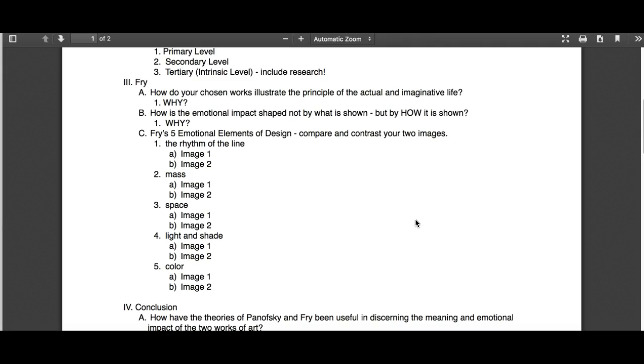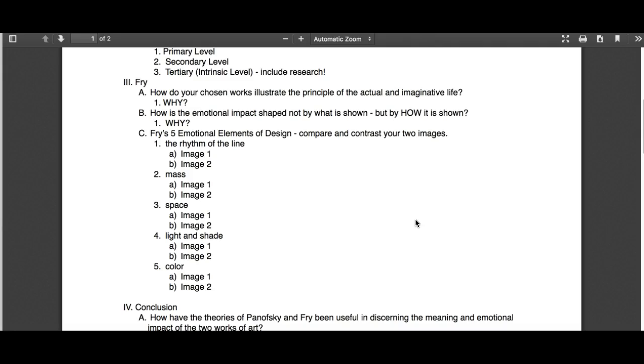So when you're looking at this, we know that something can be abstract and still represent the actual life and the imaginative life, because it may be representing the reality of emotion, right, in a scene. And the reverse can be true, that something can be naturalistic but can be a completely imagined scene. Just because it looks like the real world doesn't mean that that place exists at all in the real world, or that moment actually ever happened. So there's always a little bit of both going on here.